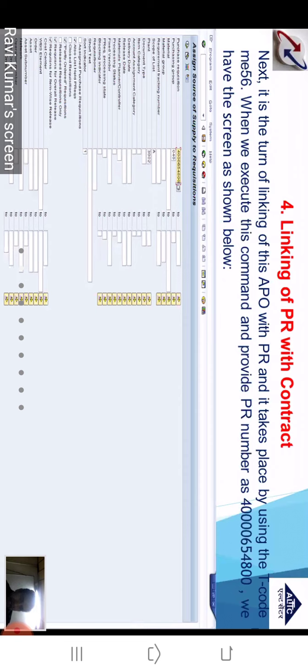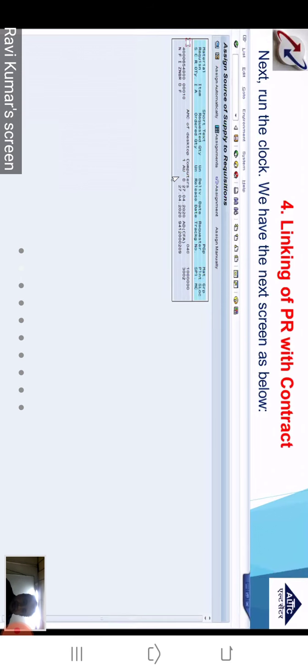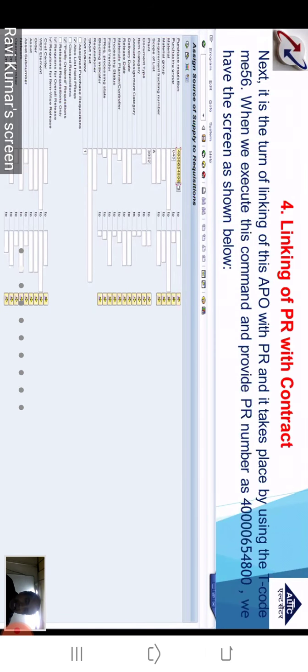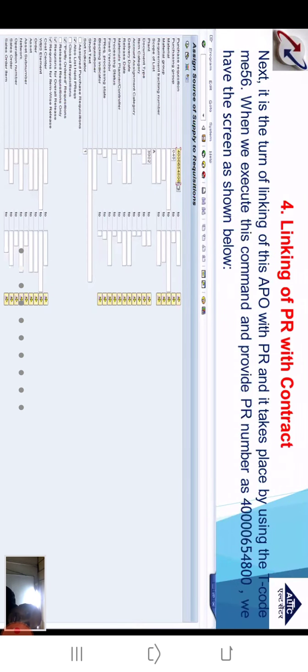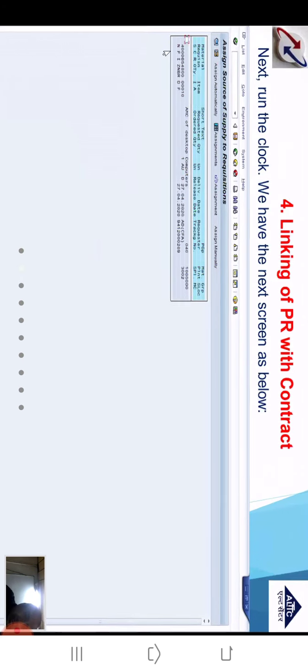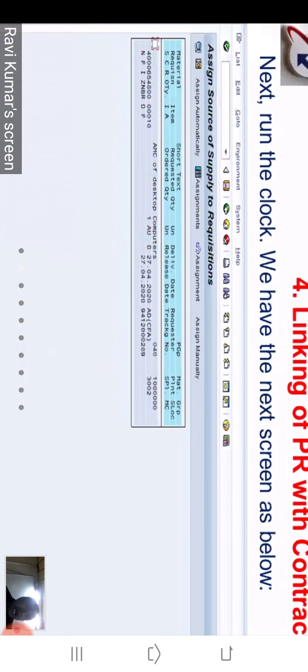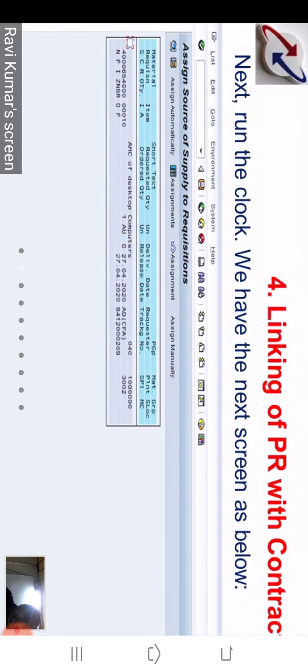Over here, I have to provide the purchase requisition. Next, when I run the execute, I have this small subwindow. Let us understand the things. I am providing the PR over here. PR means service parameters. In the next window, I have the vendor details, the AMC vendor details and the tax details, meaning I have my contract details.